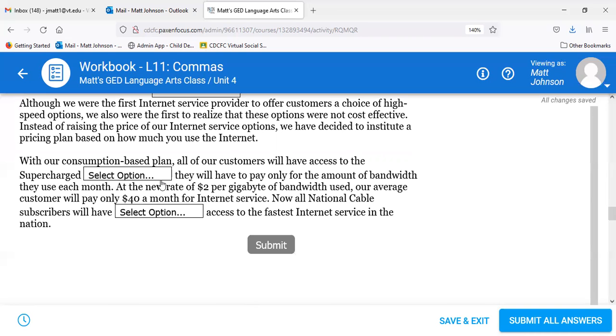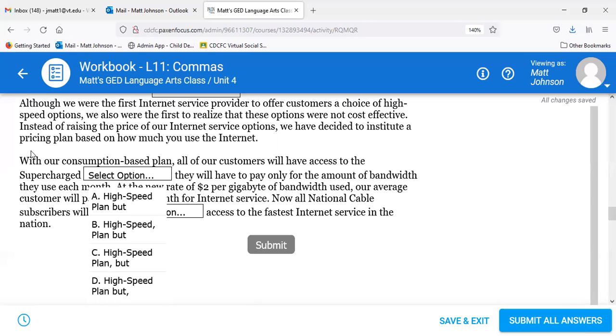With our consumption-based plan, all of our customers will have access to the supercharged high-speed plan, but I think the answer is C. C. And the thing to look for right here is that conjunction, right? We have that conjunction, but,